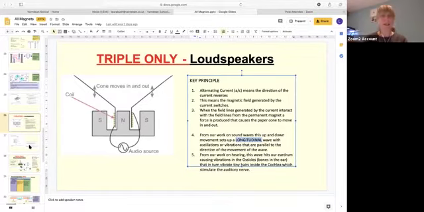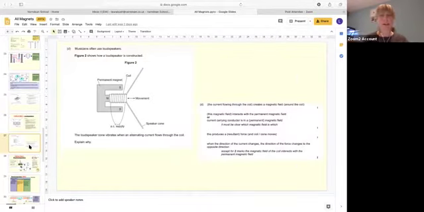Okay, here's an example of a question on it. It says the loudspeaker cone vibrates when an alternating current flows through. Why is this? So the current flowing creates the magnetic field. This interacts with the permanent magnetic field. Okay, and that produces a force. Now we recognise that as essentially the same answer